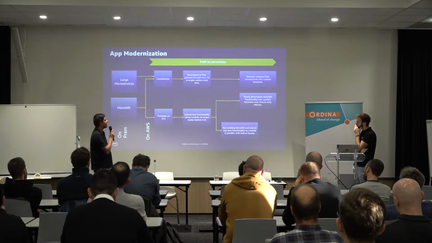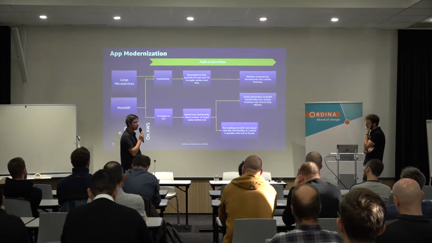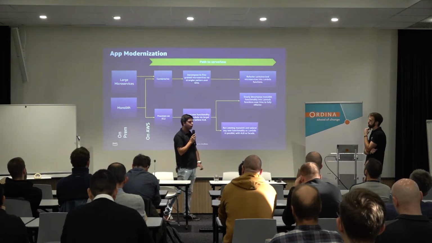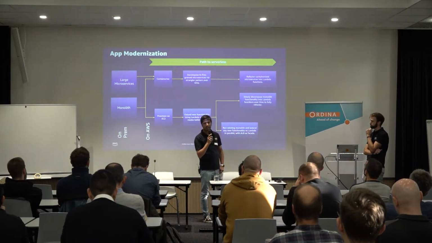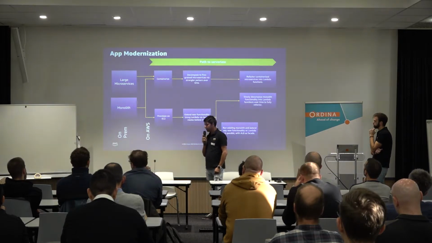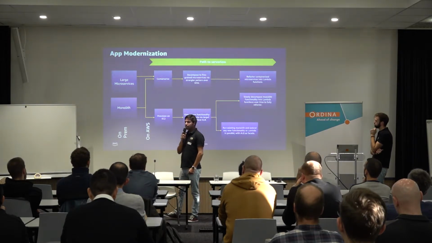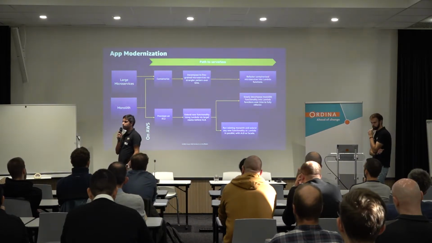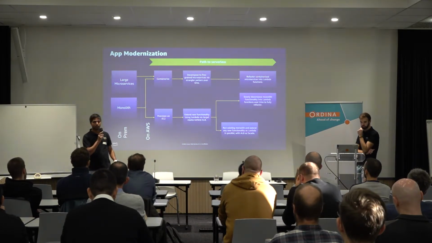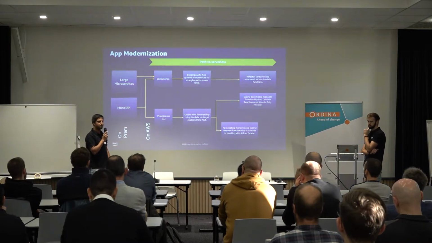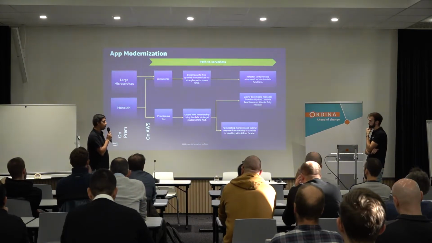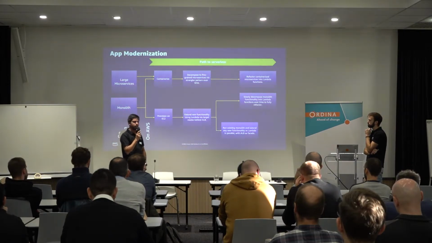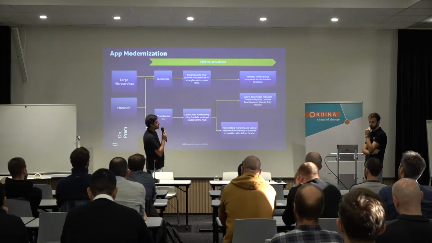So how do we trace the path from a monolith to the serverless state? We talked about it, but how exactly will it look? Let's see an example. Let's say you have done some work and decomposed a monolith into microservices to some extent, while you still have many apps running in the same state. But still, you have done some work. So let's move them to containers on the cloud in the first path.